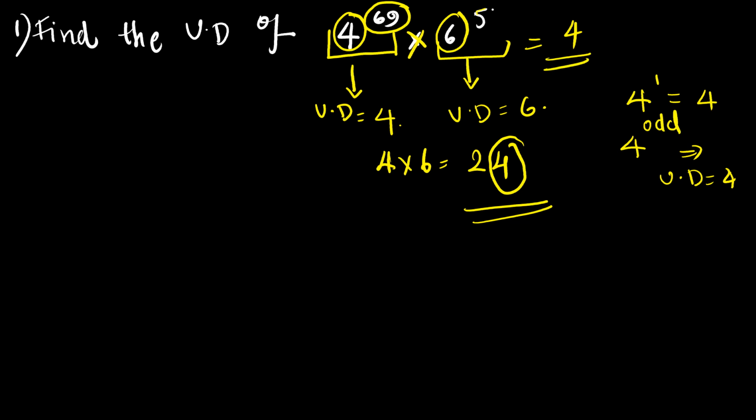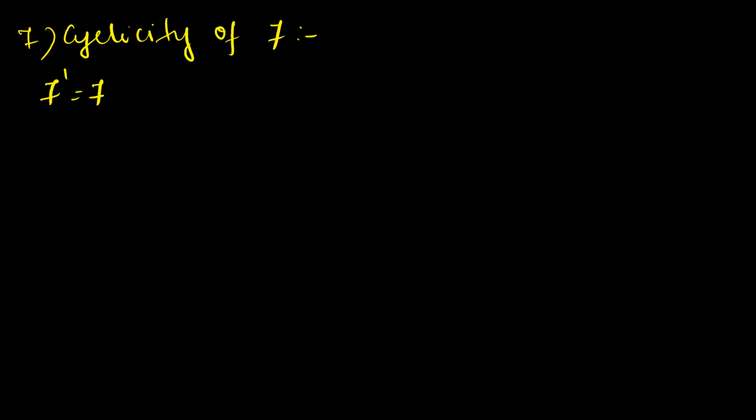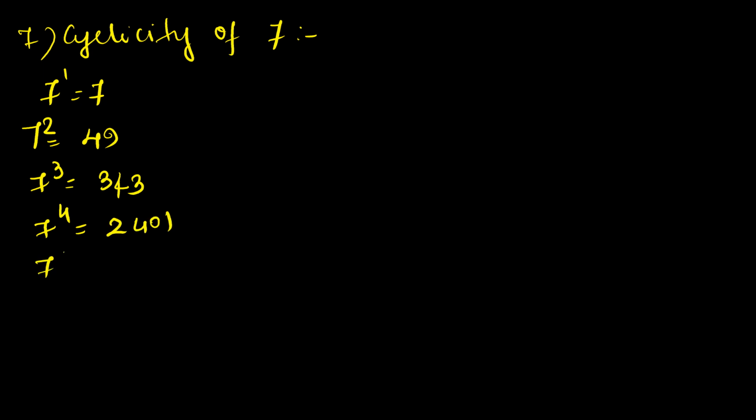Okay, now we have done the cyclicity up to 6. Next we'll see the cyclicity of 7. 7 raised to 1 is 7. 7 square is 49. 7 cube is 343. 7 raised to 4 is 2401. 7 raised to 5 is 16807. 7 raised to 6,